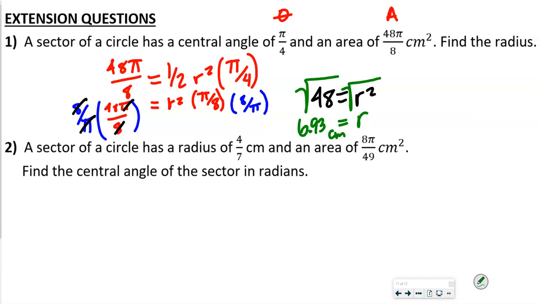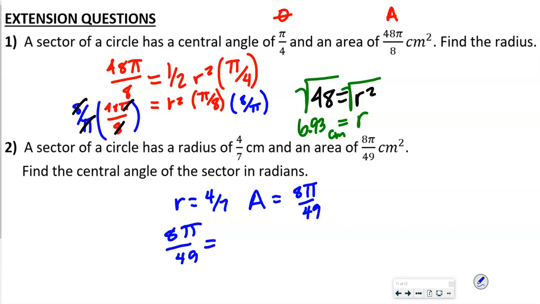Okay, so the next one says the sector of a circle has a radius of 4/7 centimeters, an area of 8 pi over 49, find the central angle. Okay, so we have a radius of 4/7. We have an area of 8 pi over 49. So we're using the same formula we did before, right? So what we're looking for is the central angle in radians, right? So that's going to be our theta. So that means we're going to put our area over here. 8 pi over 49 is equal to